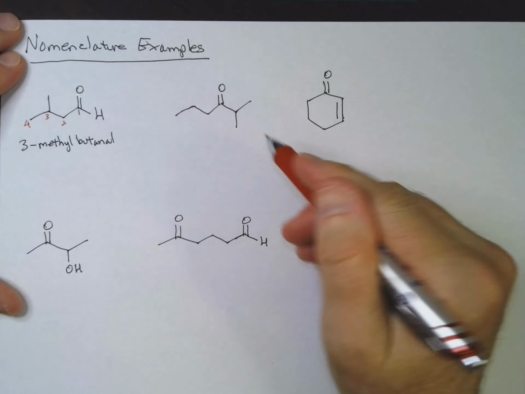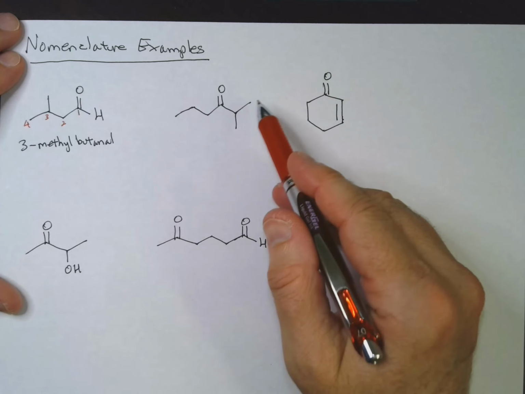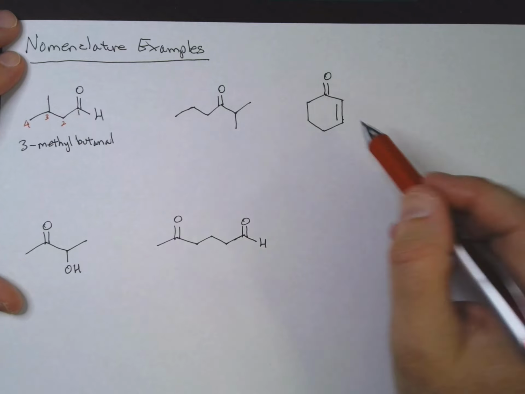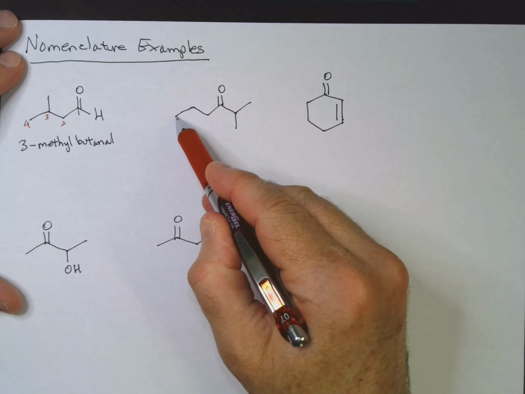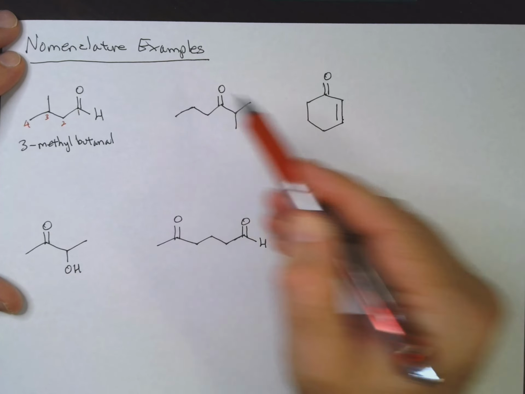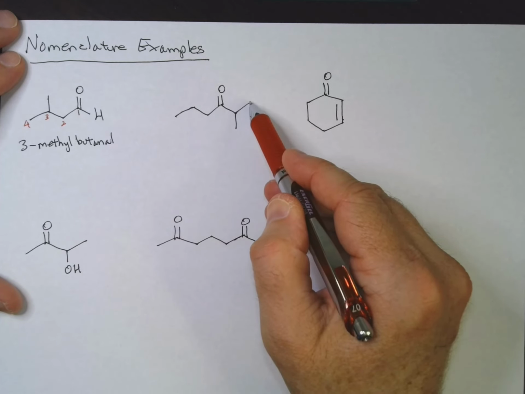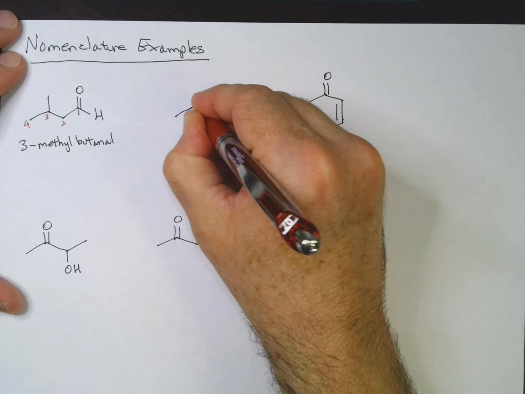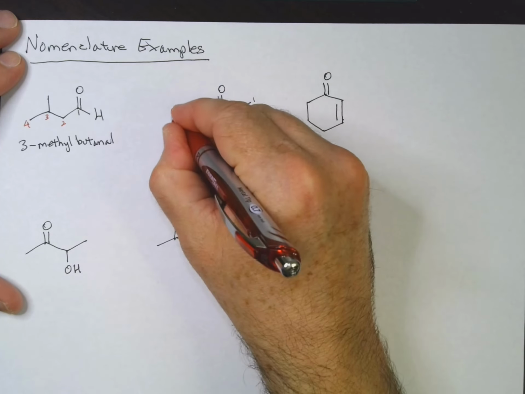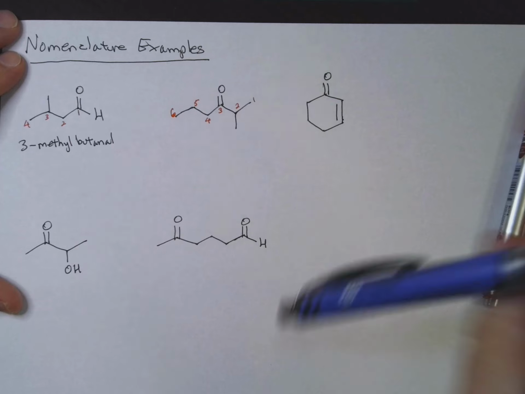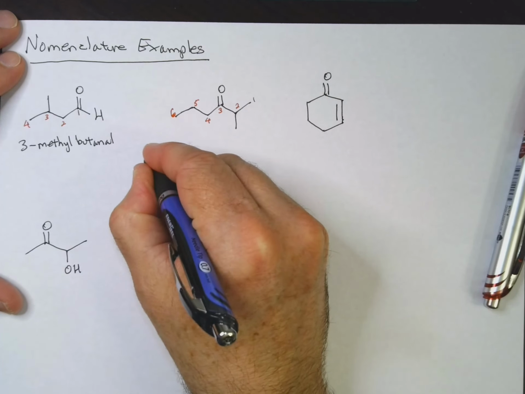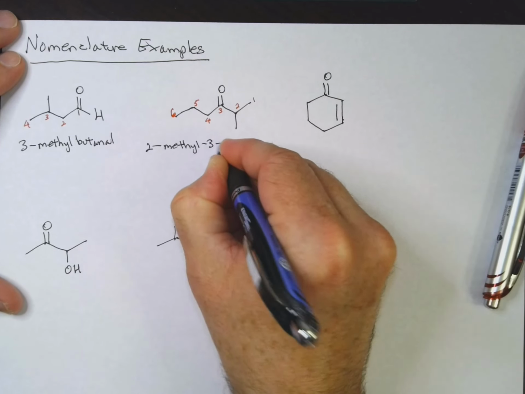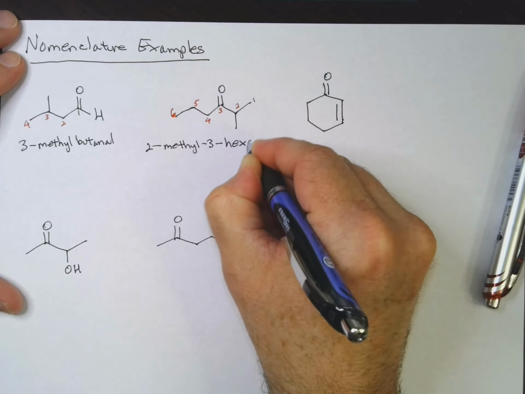All right. Now this next one here is a ketone, and I want to start numbering at the end closest to the carbonyl. So if I number from here, 1, 2, 3, 4. If I number from the other end, 1, 2, 3. So let's do that. 1, 2, 3, 4, 5, 6. So this is 2-methyl 3-hexanone,